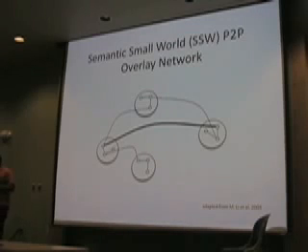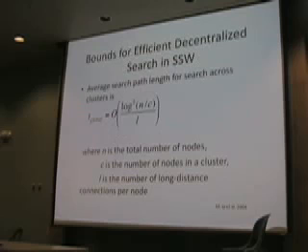And there was work by Jon Kleinberg showing that if you have these long distance connections obeying a precise probability distribution, you can have very efficient decentralized search. So you have local communication by neighbor flooding, and you have global communication by following these long distance hops and these short distance connections. And what the authors of this system found was that the global communication time, which is the time to actually send